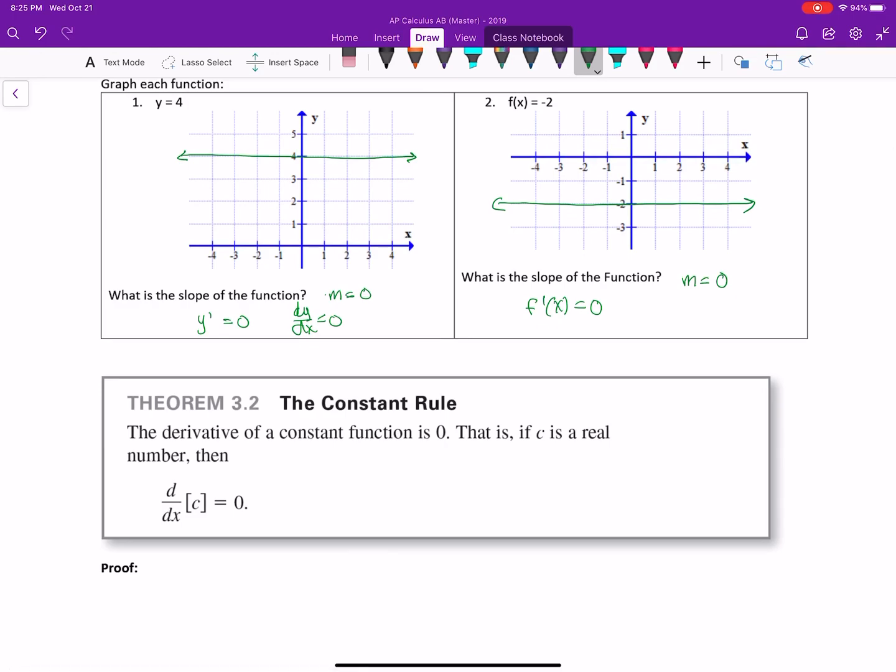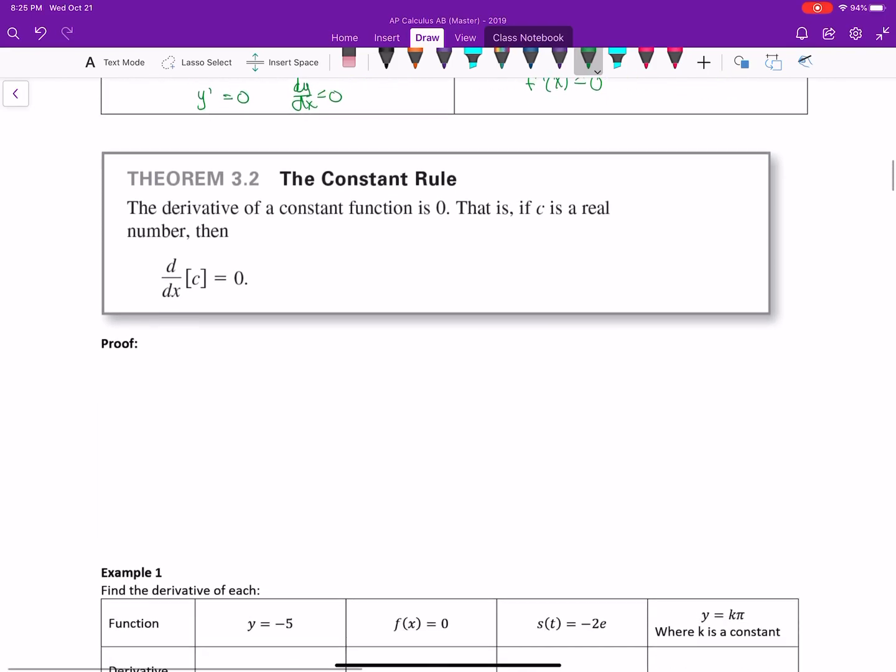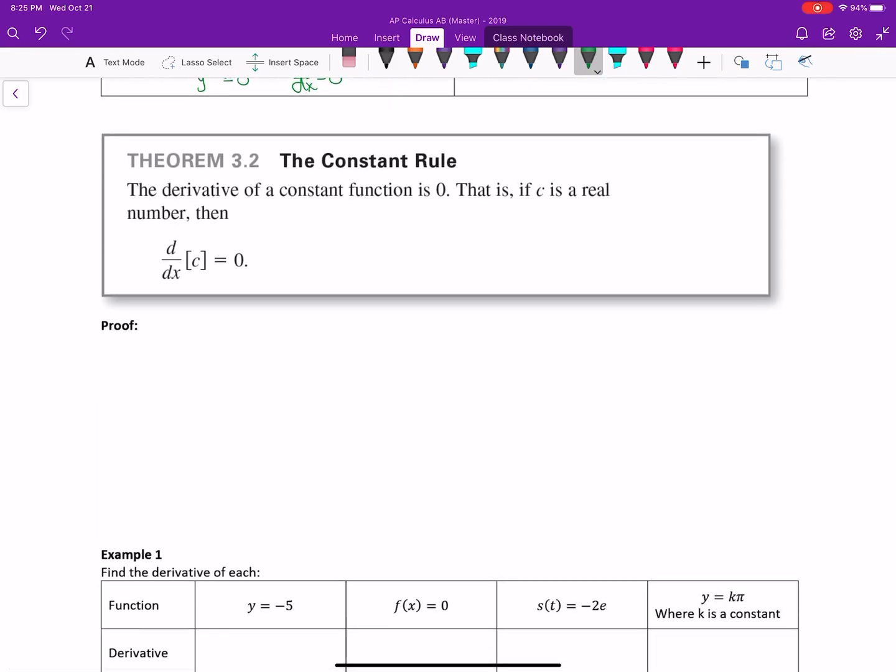That is, if c is a real number, then when we take the derivative of that number, you're always going to get a 0. So we're going to do the proof for this. The proof is actually pretty straightforward. We're going to use the limit definition for that. So we're going to do d dx of c is equal to the limit as delta x approaches 0 of